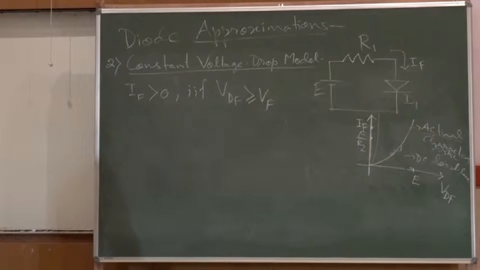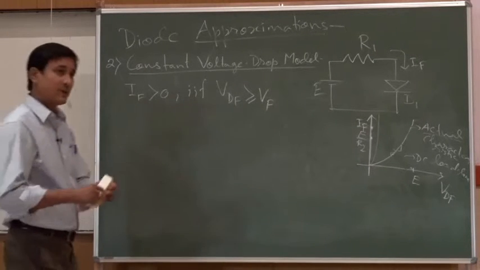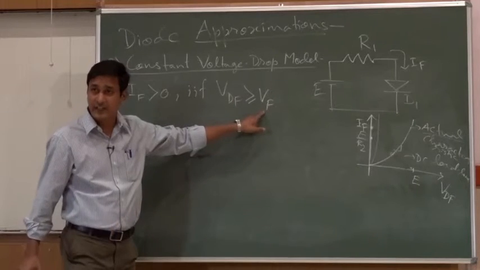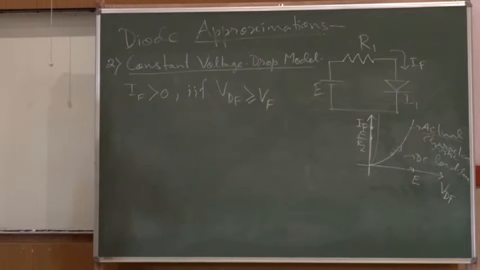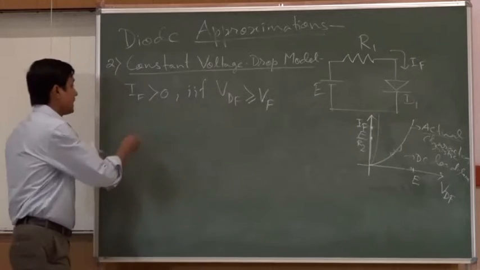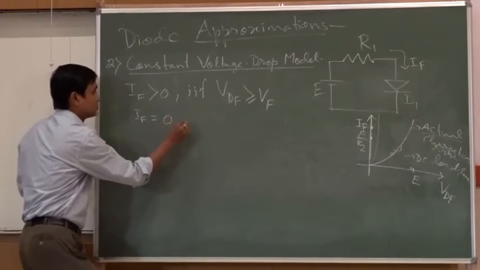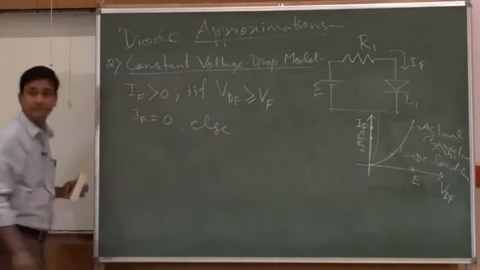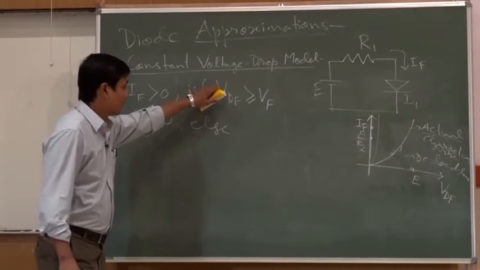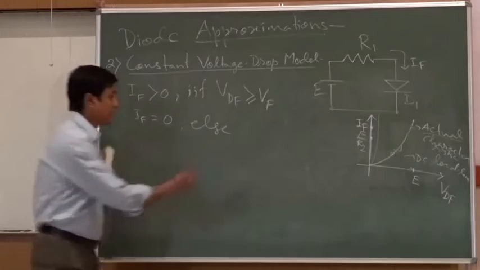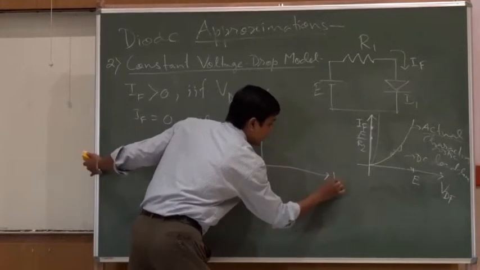Sometimes we call Vf the cut-in voltage also, but no need to consider at this stage that it is a cut-in voltage always, but take one constant voltage Vf there. If VDF goes beyond that voltage, then I will consider that current is flowing through the diode, and if it is less than that, then IF is equal to 0, else. Okay. So, if this is the mathematical form, then the graphical form also should be something there, like VDF